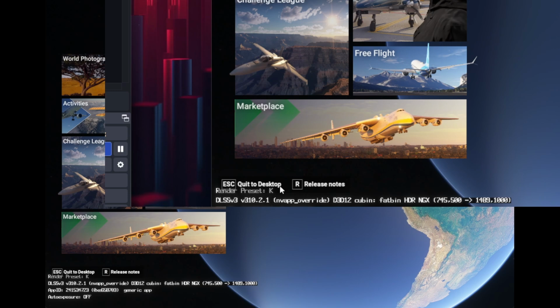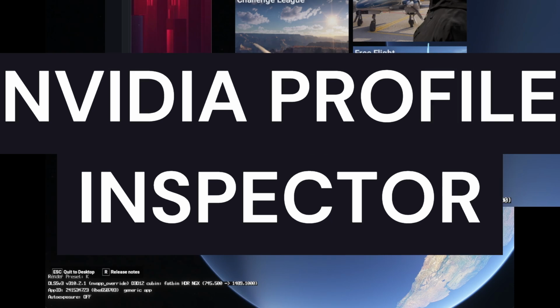So if you're not getting preset K because you updated the driver, now you're having the chance to check with this tool if you're using preset K and if you have the latest DLSS version. You might not see this. You might see 3.7 point something. That's the preset E, and that's the Flight Simulator default configuration. So we want to improve that and go to the